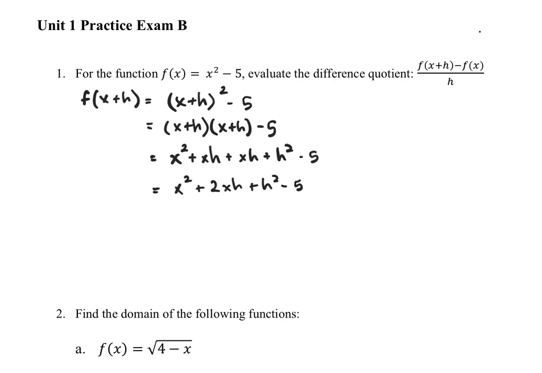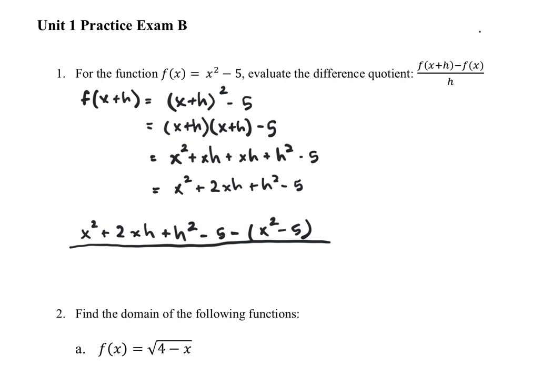Now this right here, minus f of x, that just means we subtract the original function. So we're just going to subtract x squared minus 5. So we're ready to set up the difference quotient. On the top left, we're going to place this expression here, f of x plus h. And then we're going to subtract f of x, so we're subtracting that. And remember, when you subtract a function, you need to subtract the entire function in a parenthesis, and then we